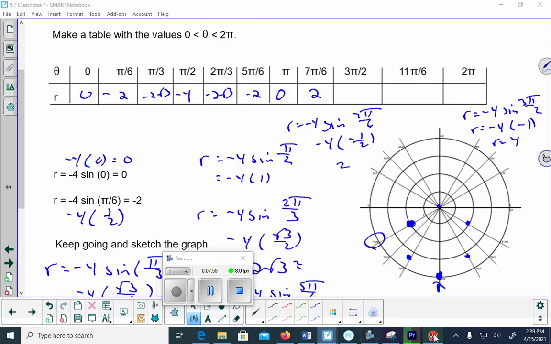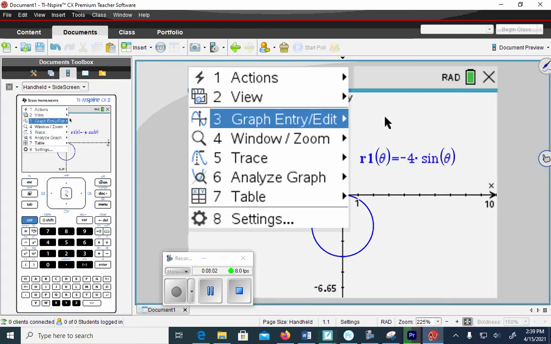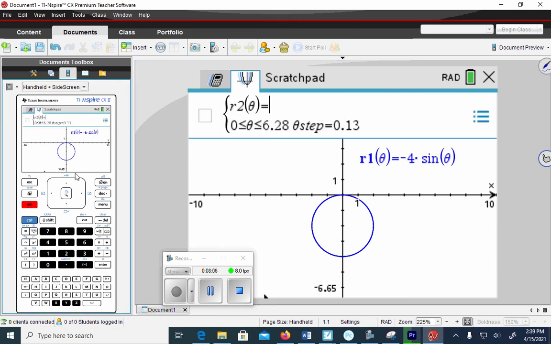I want to talk a little bit more about the calculator. See how this is 0 to theta? So this is doing one complete unit circle, because 6.28 is 2 pi. So it's doing one complete circle from 0 to 2 pi. This step,